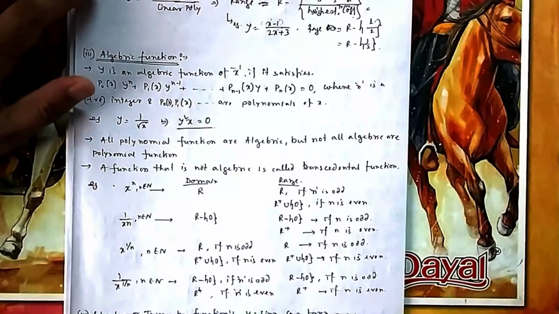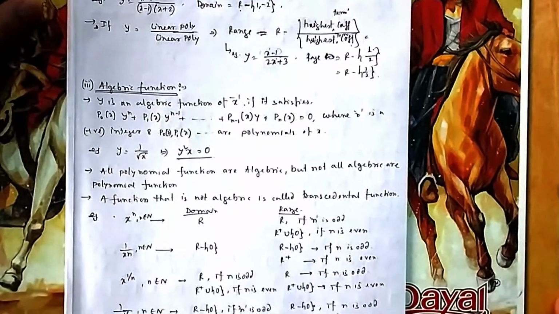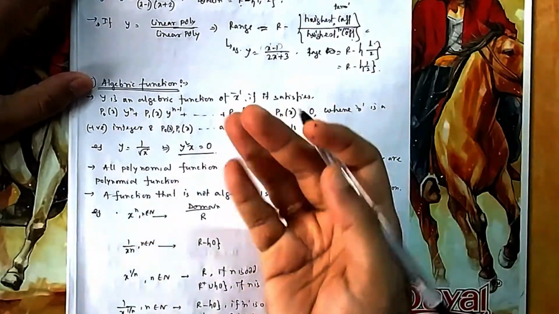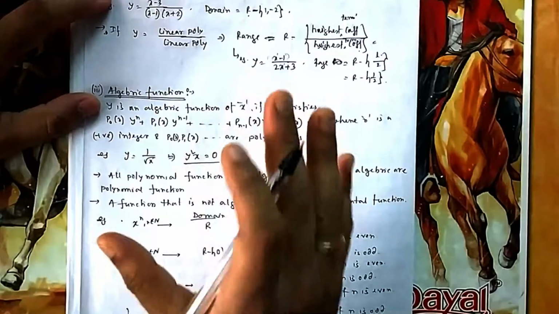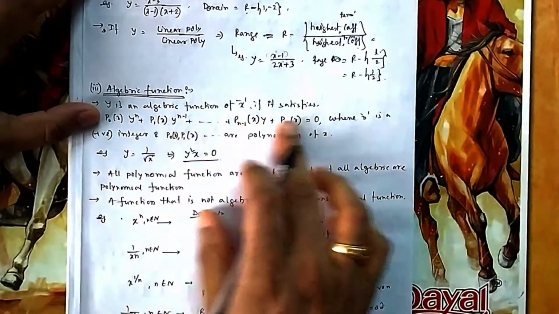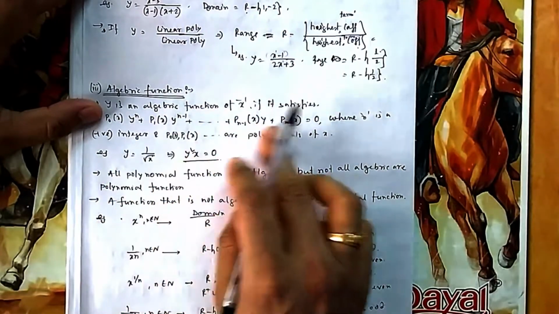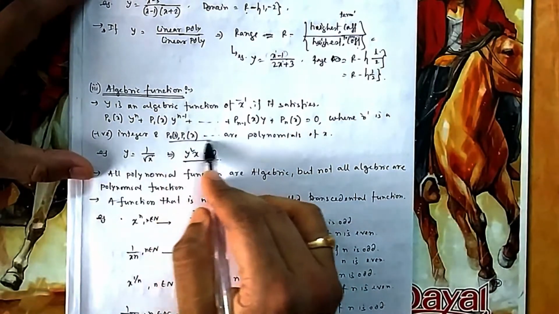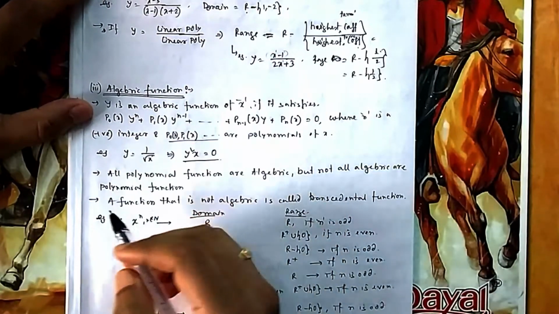Next, what are algebraic functions? This is also an algebraic function, but all algebraic functions are not polynomials, because in algebraic functions you can have a negative fractional power of x, you can have anything, but in a polynomial only positive integer powers of x. Y is an algebraic function of x if it satisfies this. That means p0, p1, these are polynomials, and this into y should be equal to 0, something of this format. Then you can say it is an algebraic function.